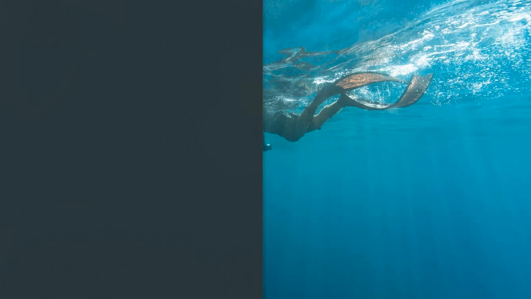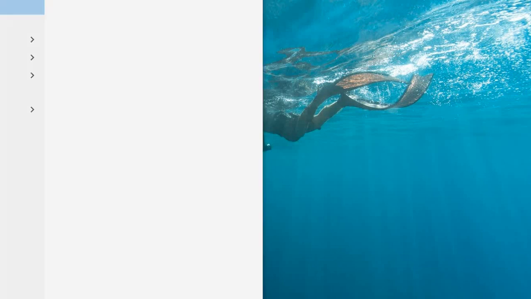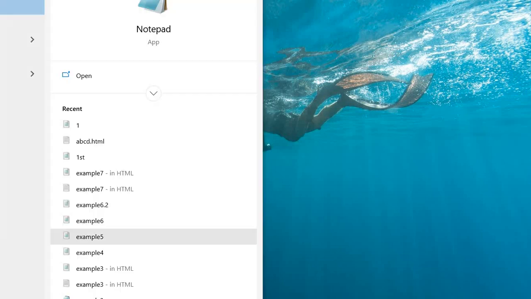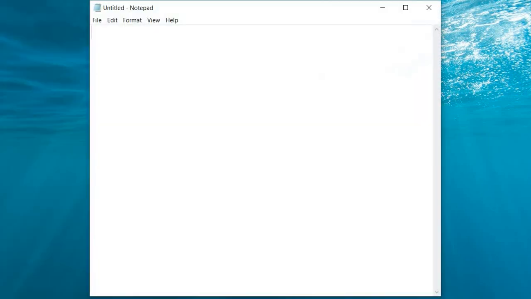Let's start with a small example directly. So we will do all the programming of HTML in Notepad here. The process of writing an HTML program is that we have to write a program in Notepad, then save that program in all files with the .html extension, and then execute it on any web browser we have in our PCs.